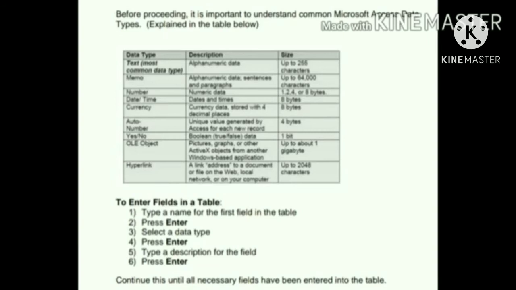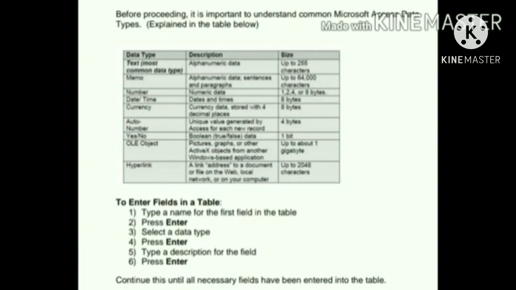To enter fields in a table, first type a name for the first field in the table. Second, press enter. Third, select a data type. Fourth, press enter. Fifth, type a description for the field. Sixth, press enter.